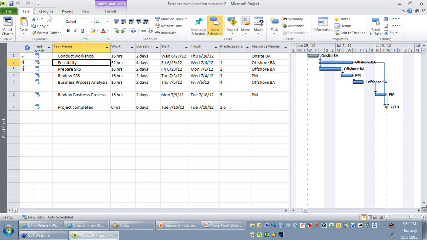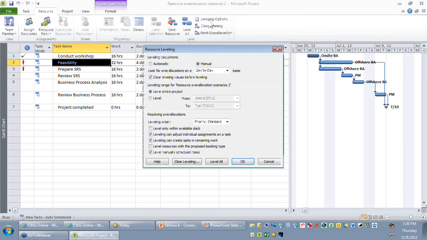These are the rules you define for automatic leveling, and they will be configured in this dialog box. You can find that we are welcomed by 3 sections here called leveling calculations, leveling range, and resolve over allocations. Leveling calculations has a radio button called manual and automatic. By default, it is manual. When you say manual, whenever there is an over allocation, Project will flag that over allocation in different views by